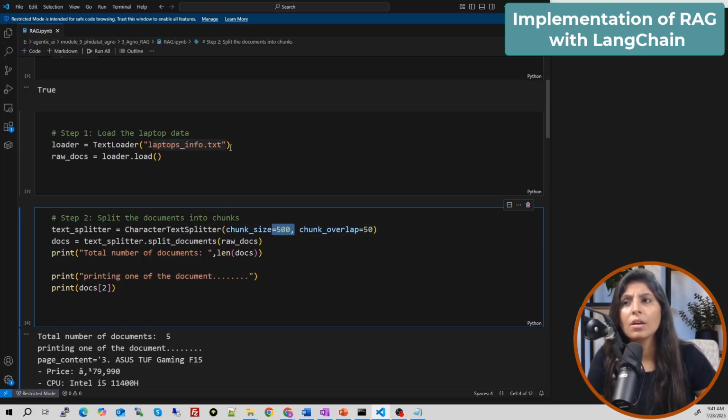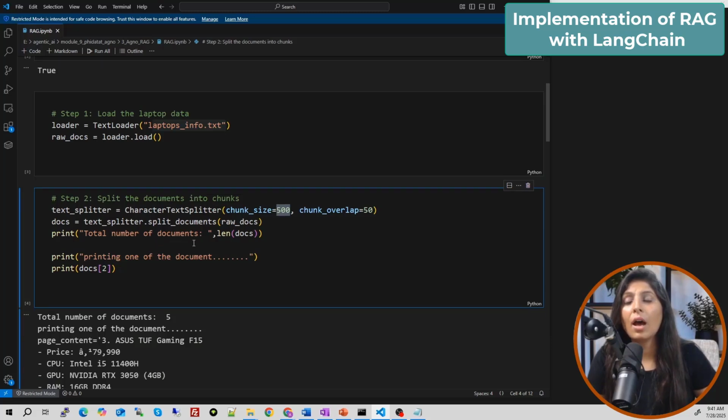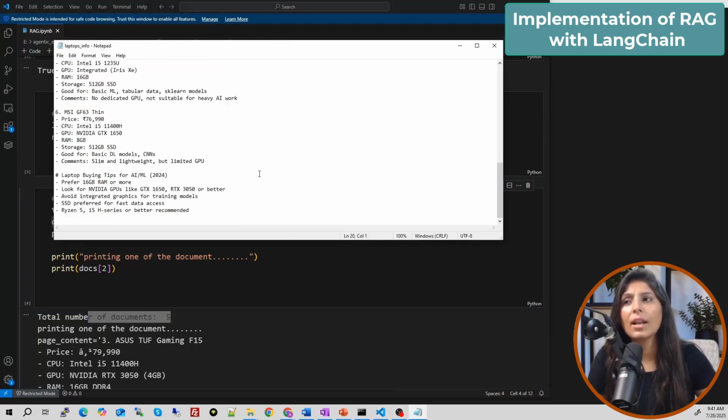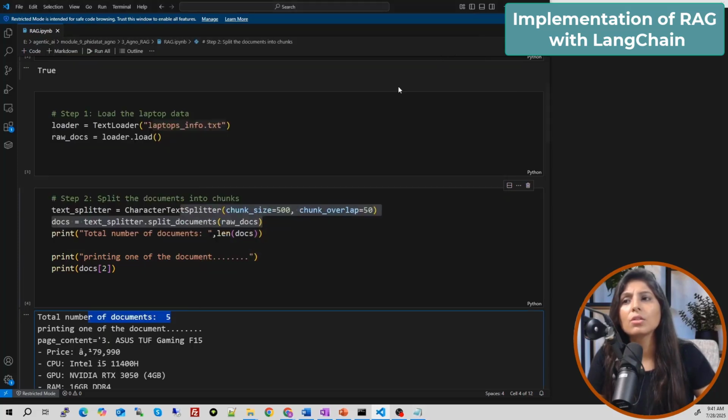We are saying divide this file into smaller documents, and the size of each chunk should be this. When I divided it into smaller chunks, I printed how many documents we have. We have 5 documents. Why? Because the number of laptops here is actually less, I have only entered 6 laptop details over here. So that's why we have 5 documents. Each document is of size 500.